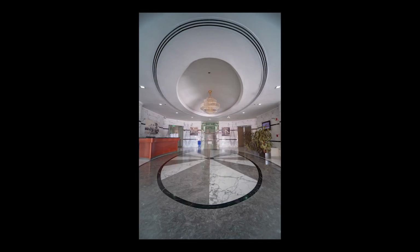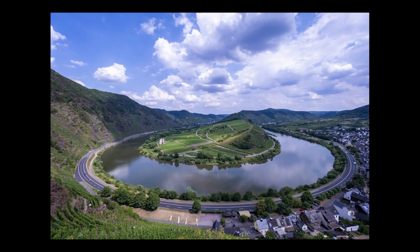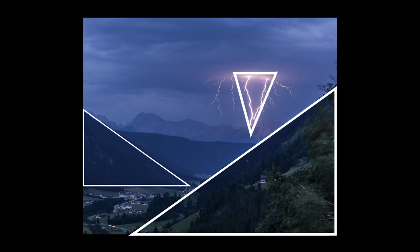When photographing both man-made objects as well as natural things, start to look for shapes, from triangles to circles, repeating lines to parallel lines. So just start looking for shapes in your images or in potential images that you might want to take. You'll probably find that there'll be circles, triangles, or shapes hidden within that landscape or hidden within